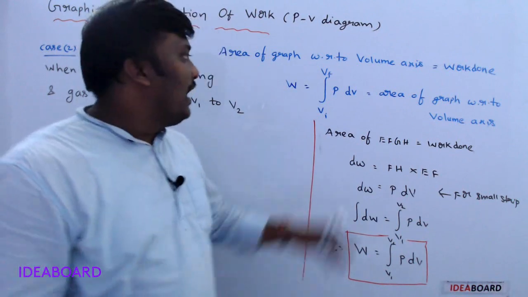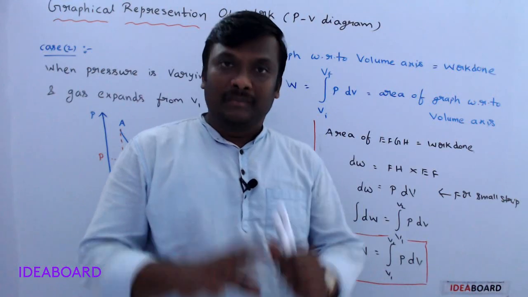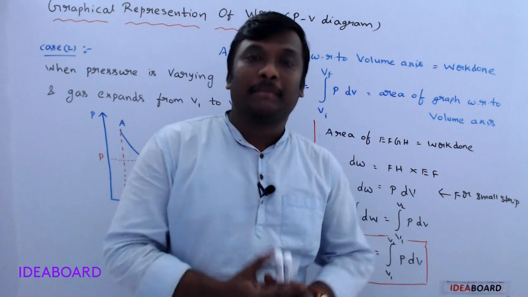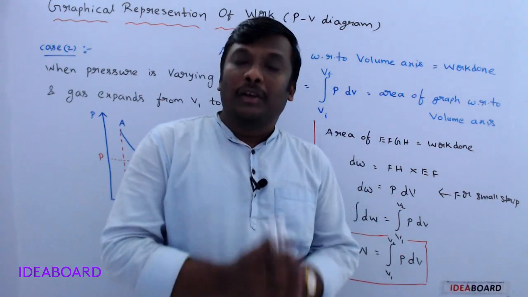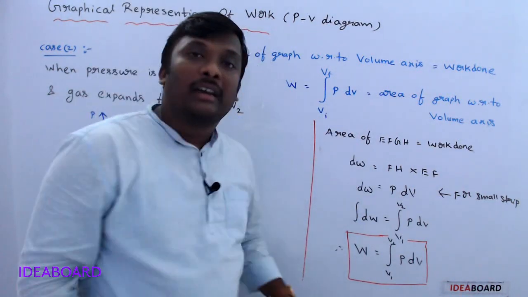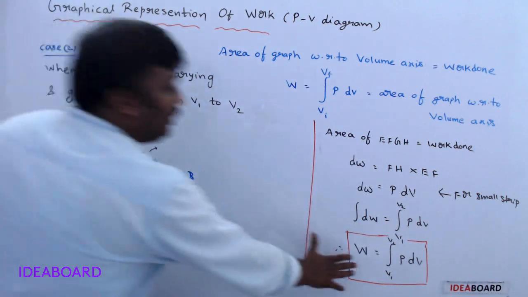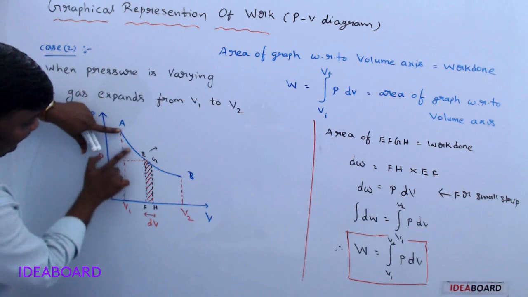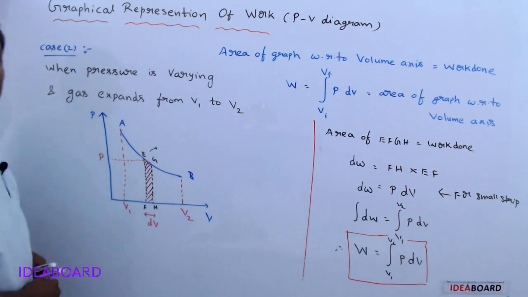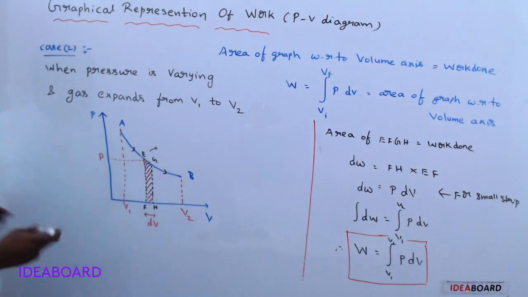In the previous section also we got a formula, but that came from taking one cylindrical piston system where the gas expands. During that expansion, by using normal formulas we can get the work done, but here this formula came from the graph. Understand? So what is the total work done? Total work done is nothing but the entire area bounded by this curve. Is it clear? This is for expansion. Okay? Note it down.